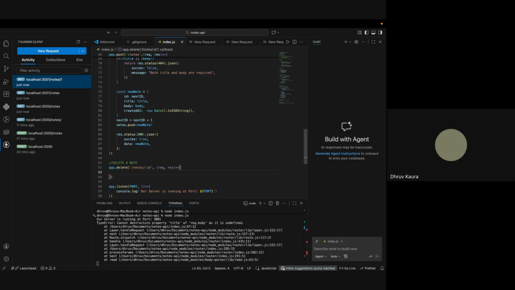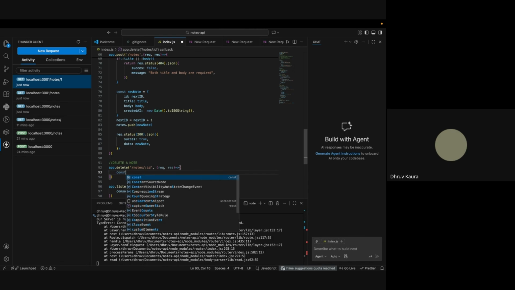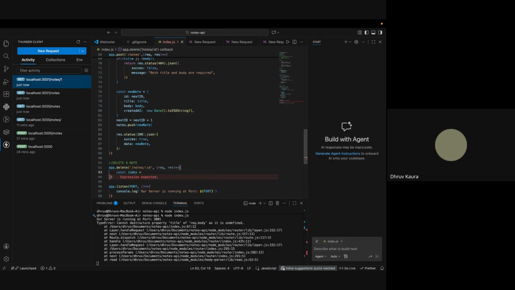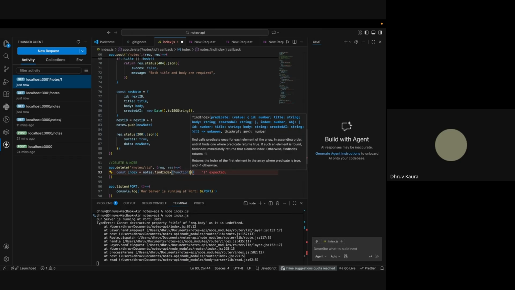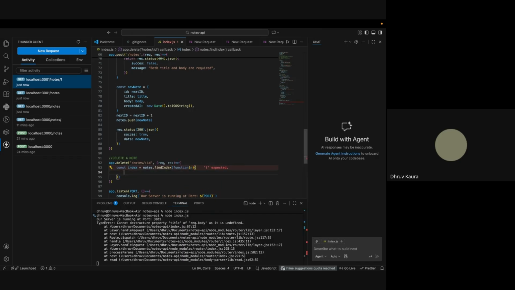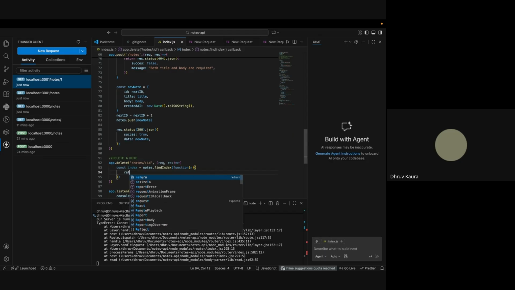We need to know from which index we want to delete. It's the same case with an object inside an array, so we'll ask what is the index of that object. So nodes.findIndex, right? And create a function where n will be our variable, and return